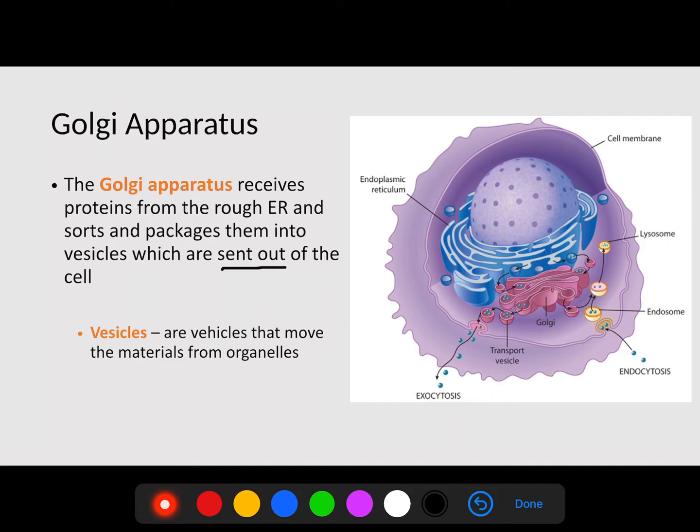Vesicles, as you can see right here, like our lysosomes or any other vesicles, are like vehicles that are able to transport things inside as well as ship things out of the cell. So the Golgi apparatus produces these vesicles to move things out of the cell and to communicate with cells